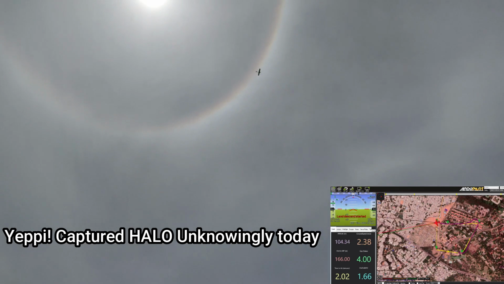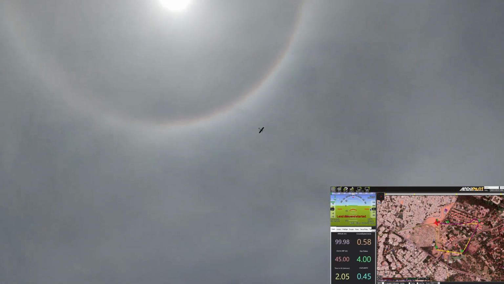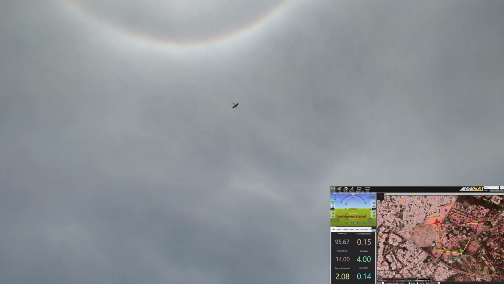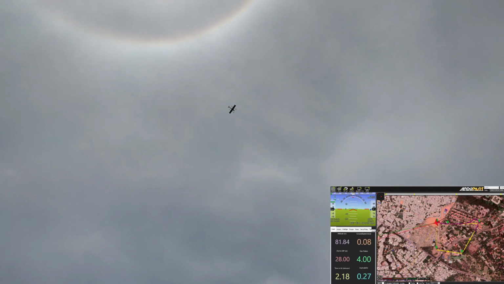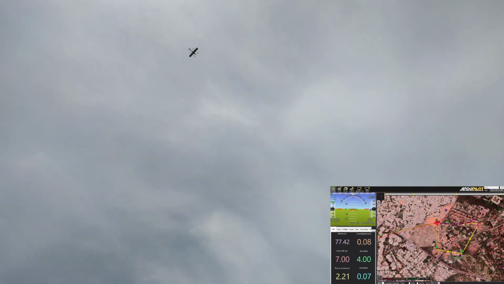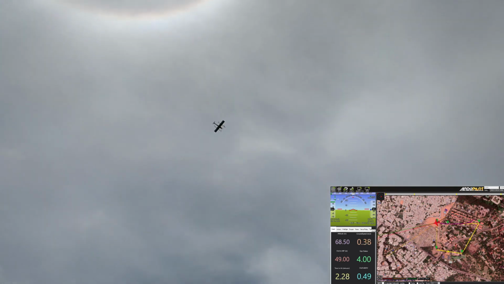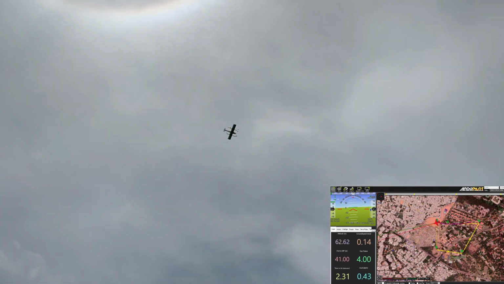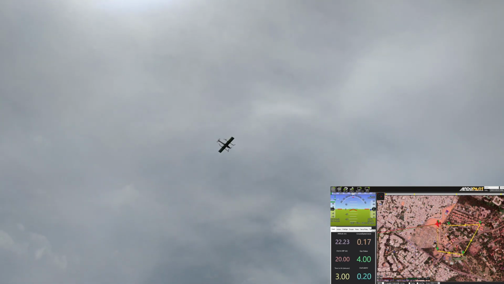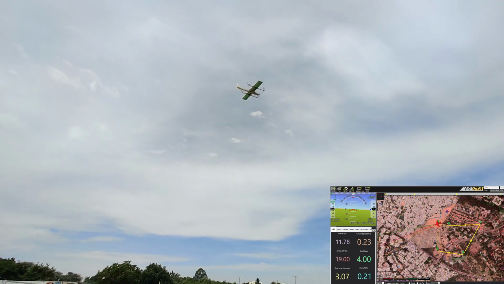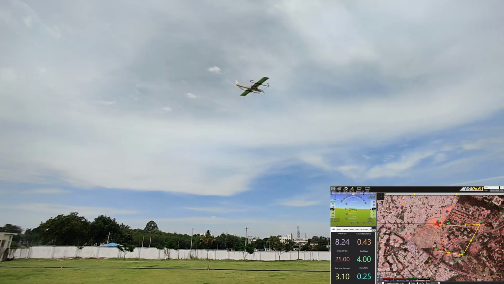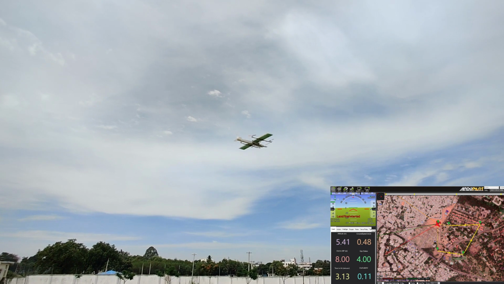Back transition confirmed. Land descent started.